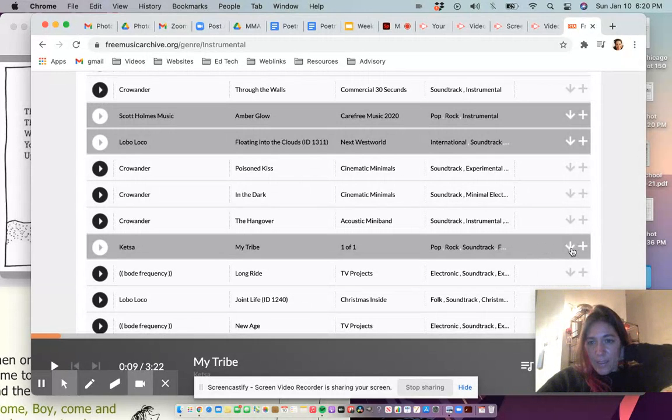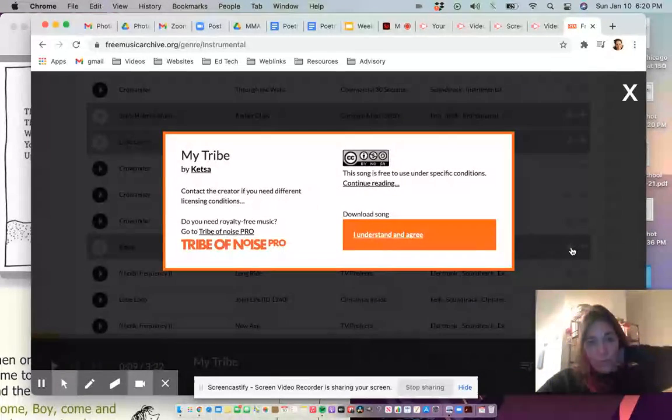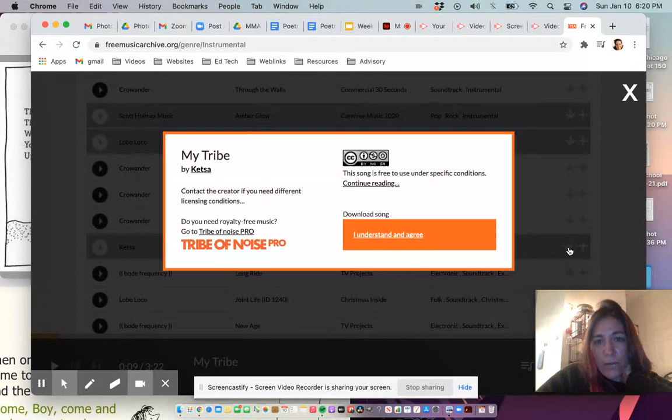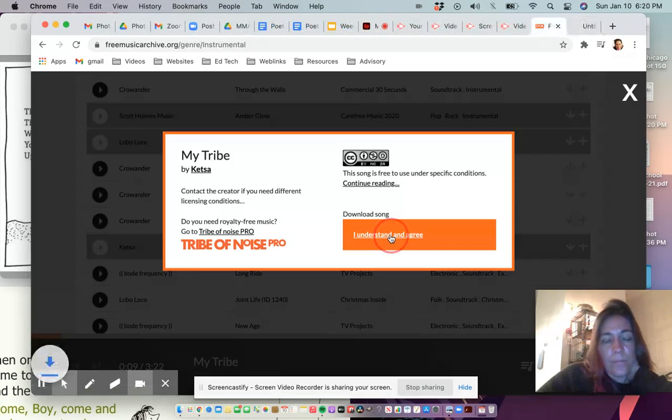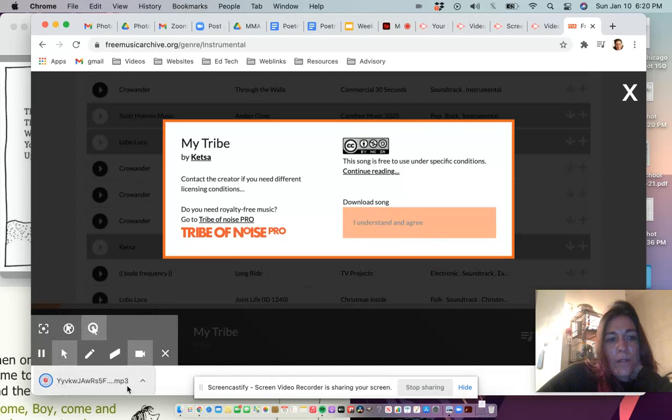So I'm just going to hit this down arrow, and it's going to download directly onto my downloads folder in Google Chrome. So just click I understand and agree. So there it goes. It's going to turn it into an MP3 file, which is a music file. And remember what the name of it is, because that will help you find it easier. So this one's like